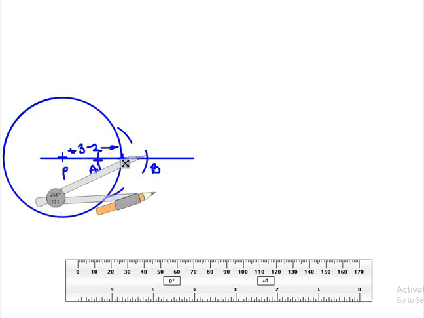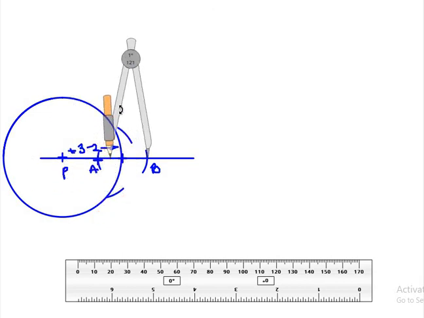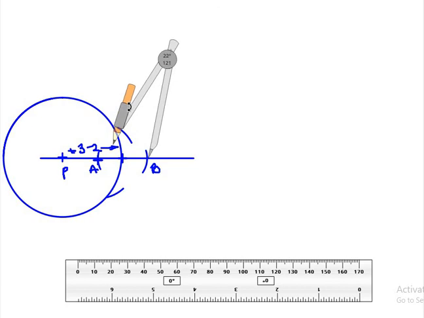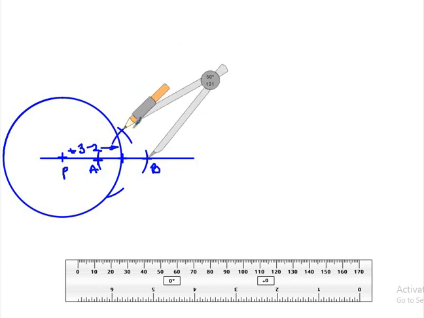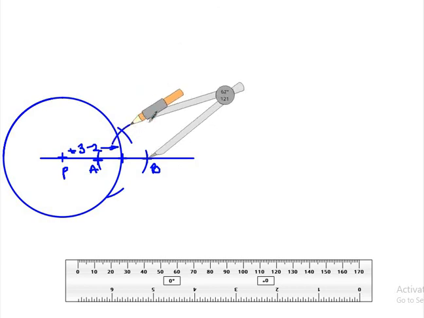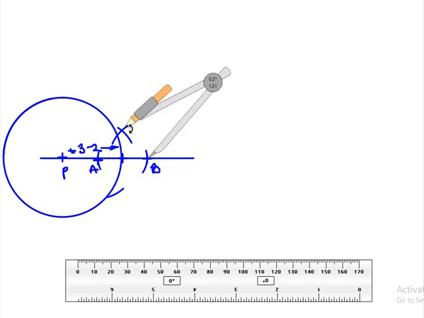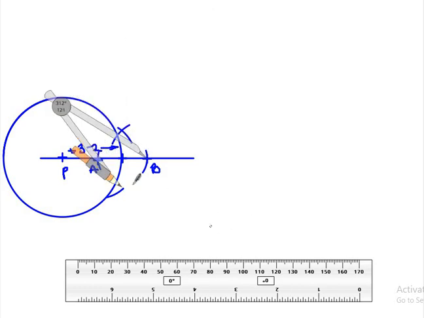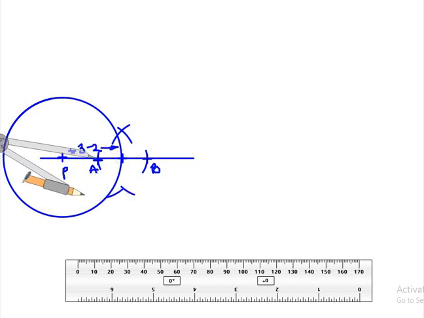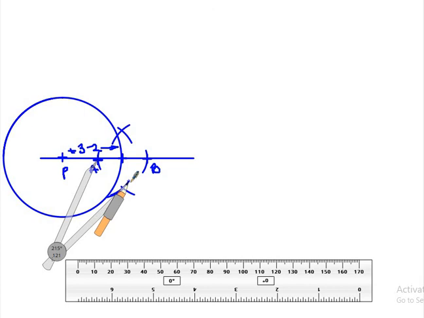Then bring the steel point on the point B. Now you can see here we are very near to this thing. I'll make two marks here, one above and one below. You can again keep it on point A, as we are not changing the distance here. You can bring the steel point here and complete the arc.